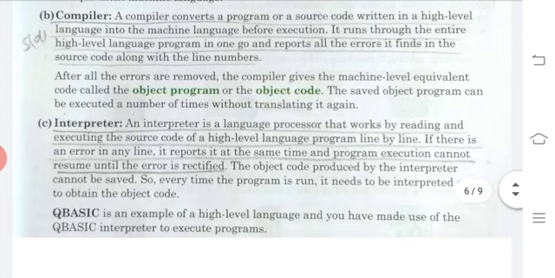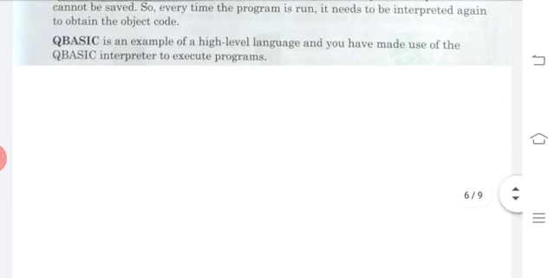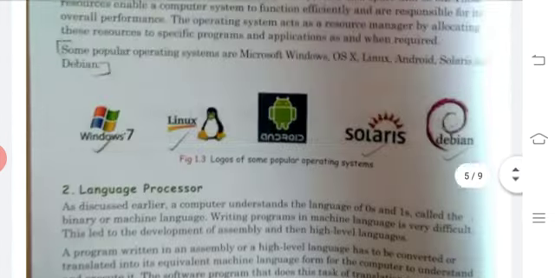An interpreter is a language processor that works by reading and executing the source code of a high level language program line by line. If there is an error in any line, it reports it at the same time and program execution cannot resume until the error is rectified. Okay. The next question is